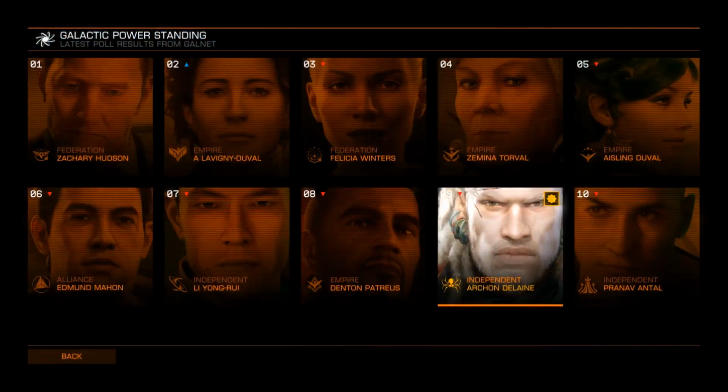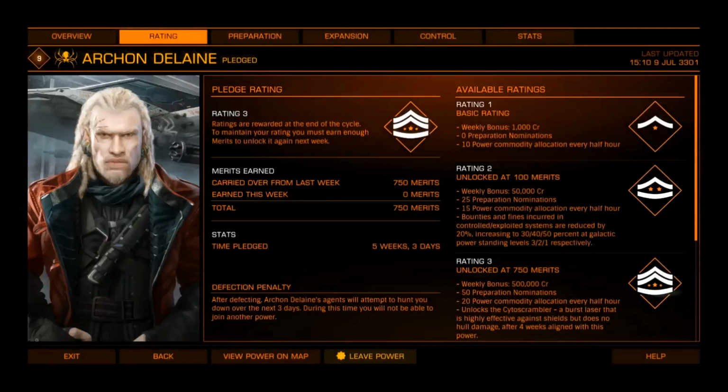Each one of the 10 available powers in the game at the moment has its own specific module, and in order to acquire it, some certain requirements have to be met first. You have to choose a power, of course, and pledge your allegiance with them. So if we are going after Archon Delaine and his Cytoscrambler, there are a couple more things we need to